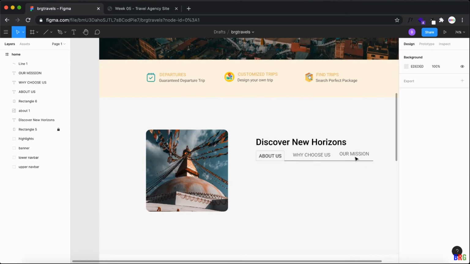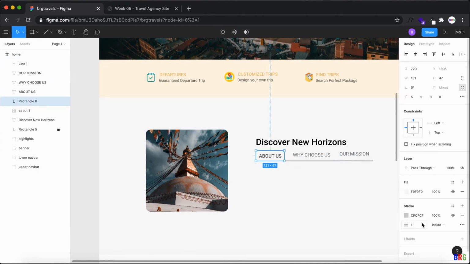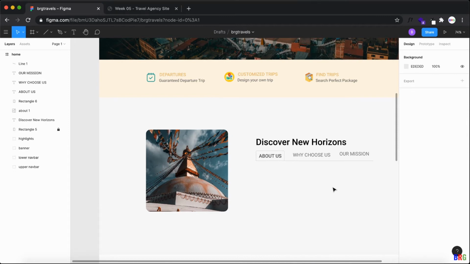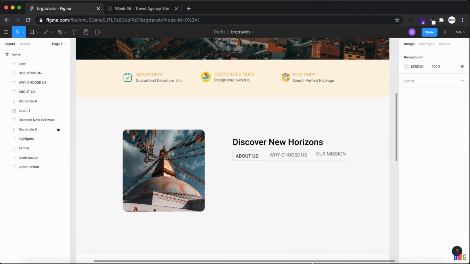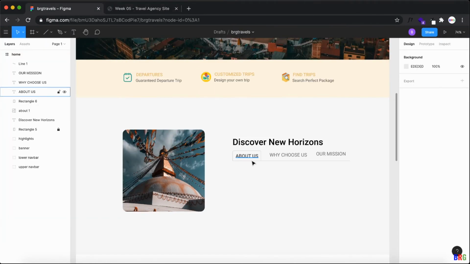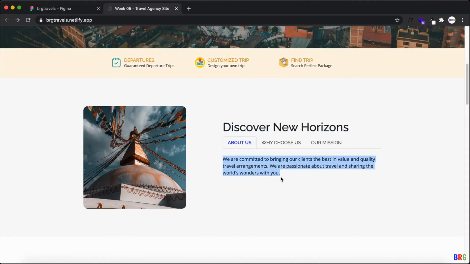And now the stroke, we can give this color as CFCF. Okay, now you have got this nice tab effect.